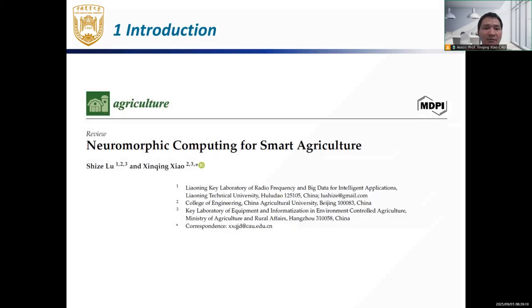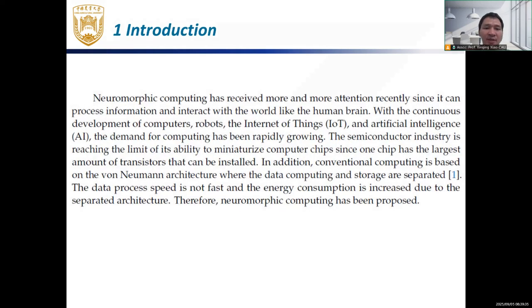First I will introduce neuromorphic computing for smart agriculture. This is an article that we have already published in Agriculture. Now I will introduce this work. We have also reviewed some studies about the research. Further, I will introduce neuromorphic computing because, as we know, AI and computing methods